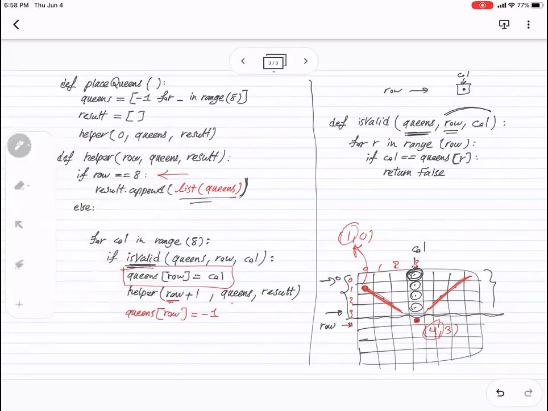So I have to write here another if statement, and my row is changing from 0, 1, 2, 3, and I'm checking all of these guys. So I will write here the queens. Let me write first the difference of the row minus R. Row is this guy. R is changing from 0 to, and we know that row minus R definitely is positive because row is greater than R. R goes from 0 to row -1. If this is equal to